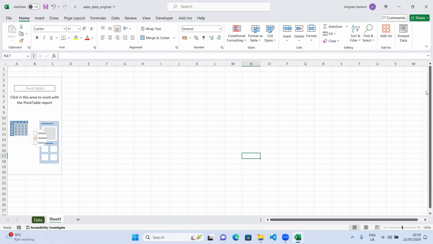Now, when you look at it, nothing is here. As you keep clicking out on this blank space, you don't see anything. It looks like nothing. But if I click inside this space, click in any area to work with the pivot table, any of this little area, I will see